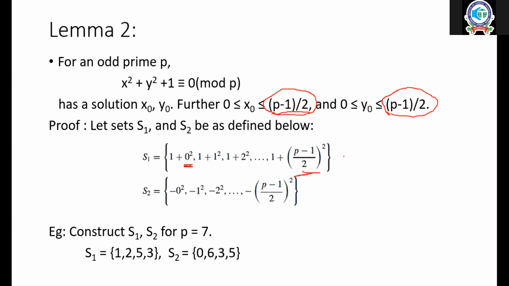All right, good. So what is the conclusion finally? If P is an odd prime, then what we proved is that there exist x naught and y naught between 0 and (P minus 1)/2 that satisfy this for sure. And we can say that there is exactly one element in S1 intersection S2. Oh, exactly one? How can you? Here we can see that 5 and 3. Oh, sorry, that we can't say. But for sure one will be there. So a solution exists.